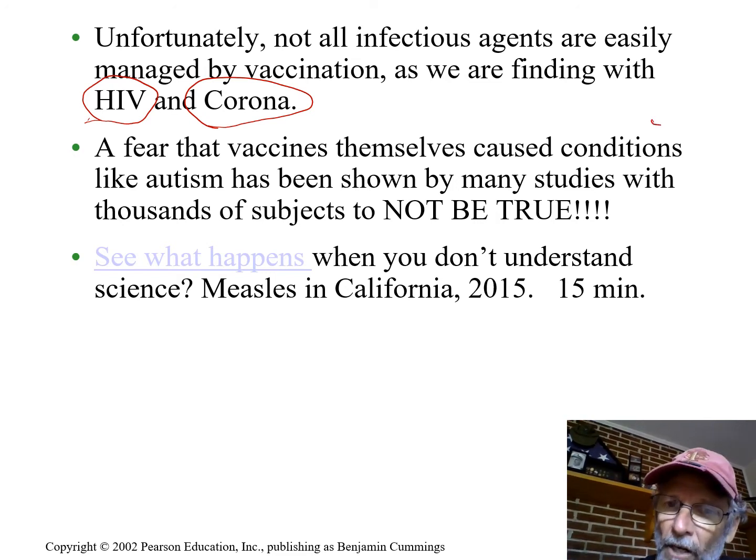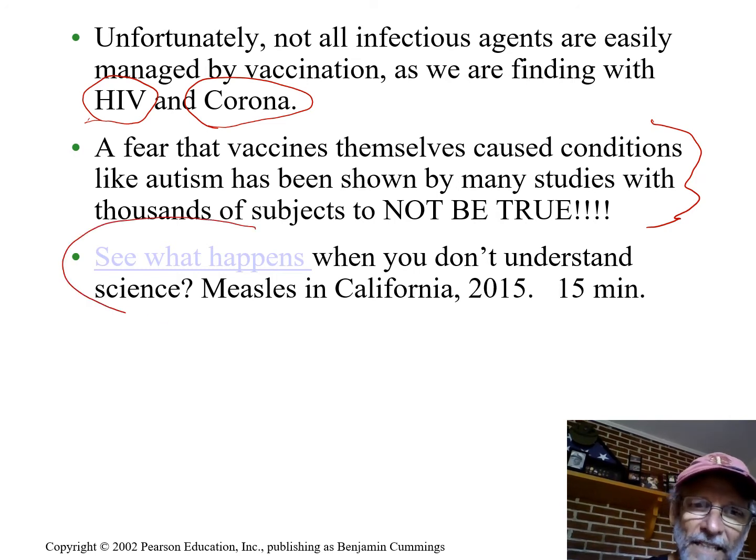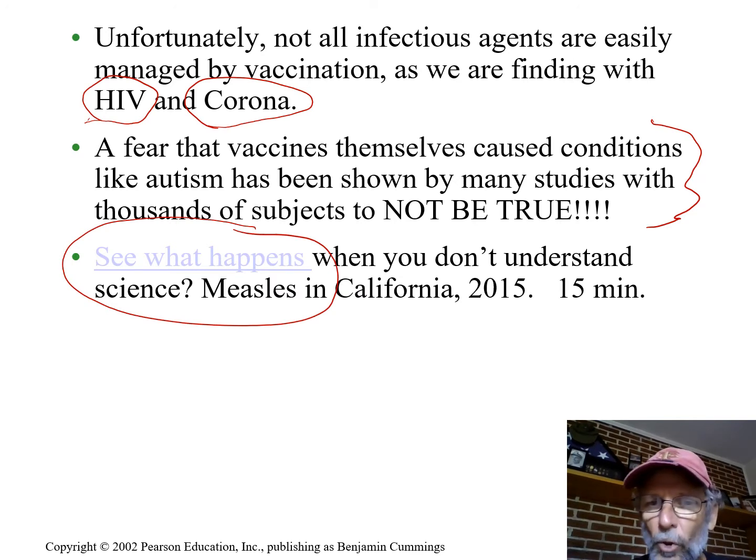Now, if we were in class, we'd talk about this a lot more because some people have a fear of vaccines that was planted in our society by a science paper that was very poorly done science, but unfortunately it took root and it still holds, and this is extremely unfortunate. If you can link to this, if not, you can Google up some things so that you can understand why this phenomenon of anti-vaccine